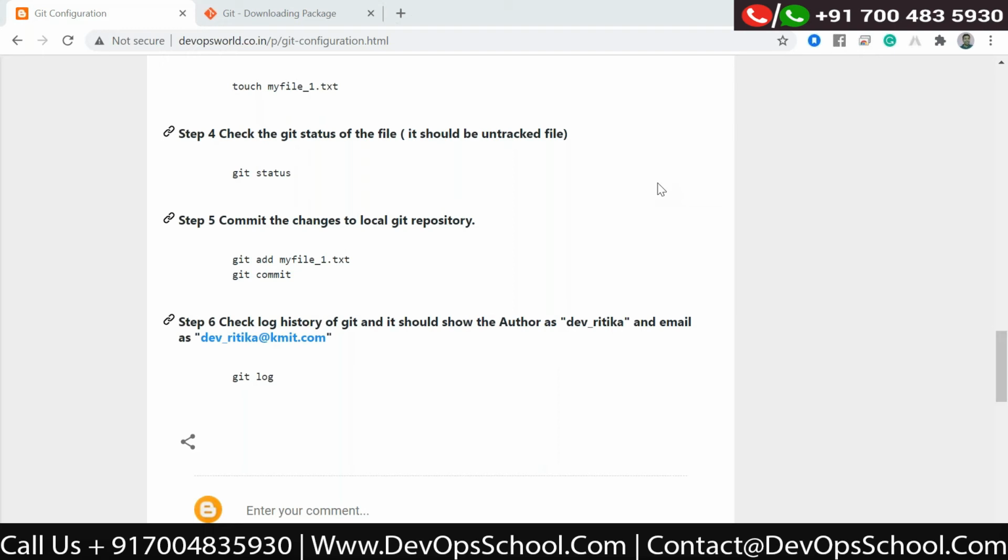Most of the IDEs, integrated development environments like Eclipse, Visual Studio, PyCharm, have an inbuilt feature for Git. Bitbucket also you can use, but because the demand of Git is very high from the industry point of view, that's why we have included this.